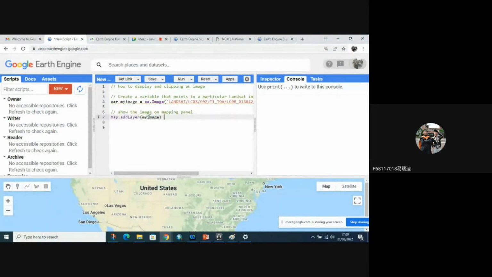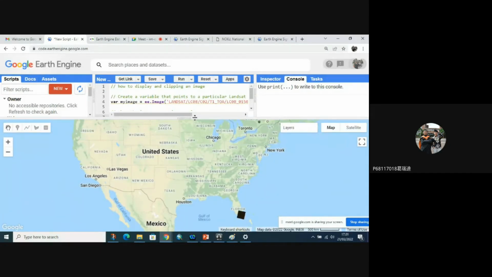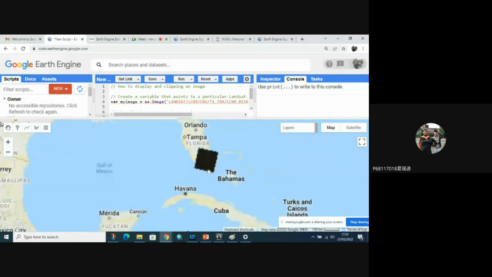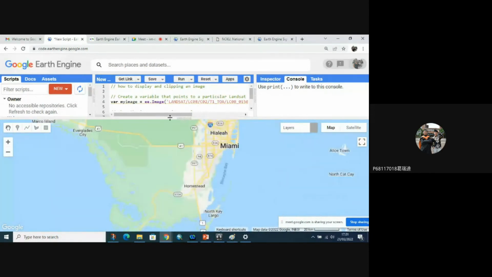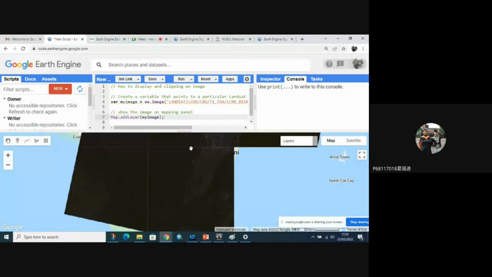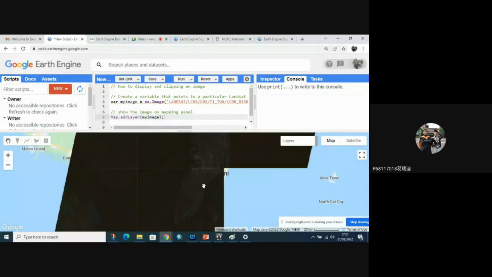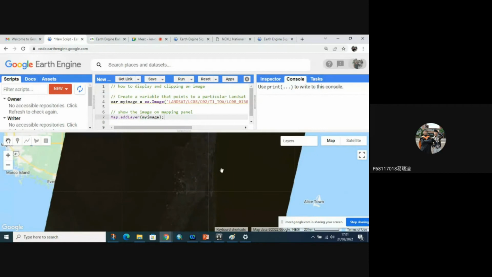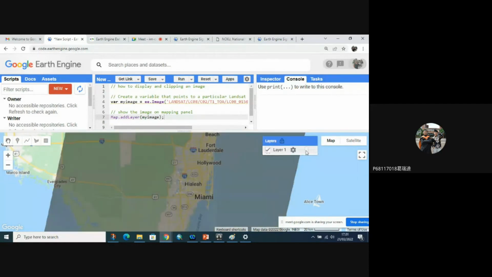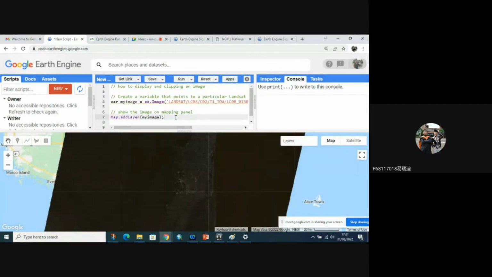Map add layer will show you where the image you already loaded is, and run. So this is the image of Miami. Yeah, this is Miami.